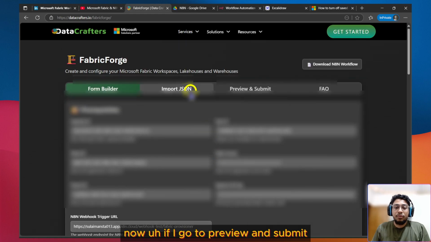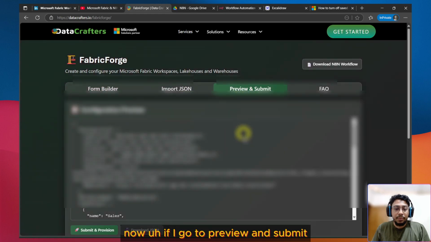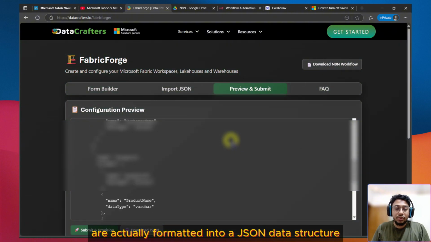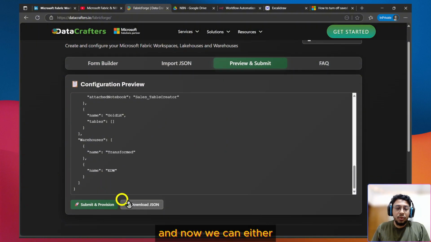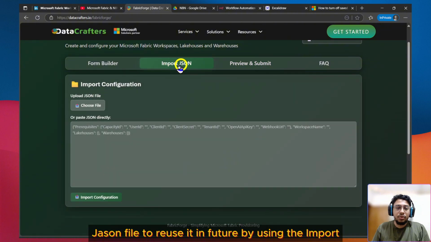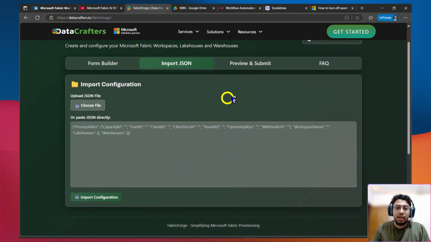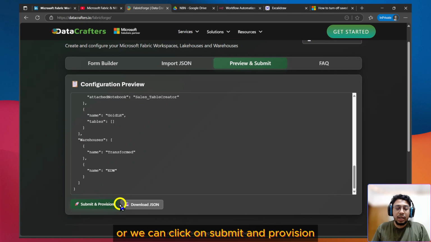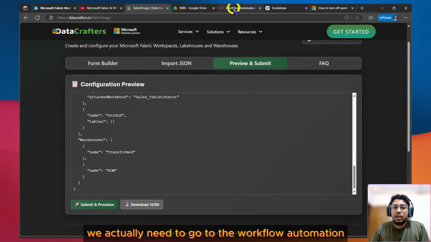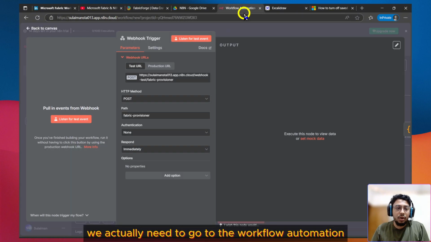Now, if I go to preview and submit, then as you can see, it is actually formatted into a JSON data structure. Now we can either download this JSON file to reuse in the future by using the import JSON functionality, or we can click on submit and provision to actually get started. But before getting started, we actually need to go to the workflow automation